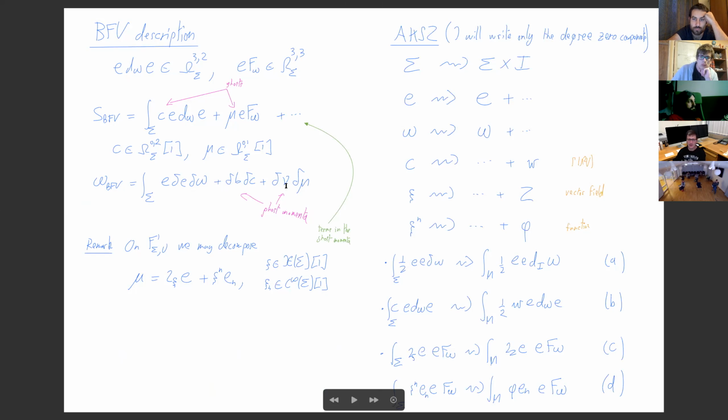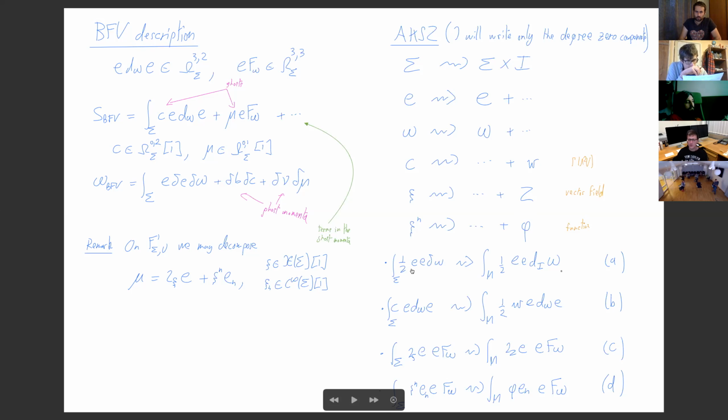So E and omega now are not forms on sigma, but functions on an interval. On the other hand, W is a 0-2 form on sigma and a 1 form on the interval. Z is a vector field on sigma and a 1 form on the interval, and phi is a function on sigma and a 1 form. Okay, now these are the classical fields of the theory, and then what you have to do is just, well,